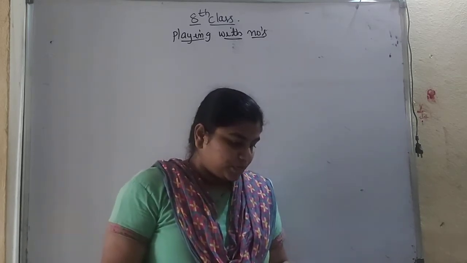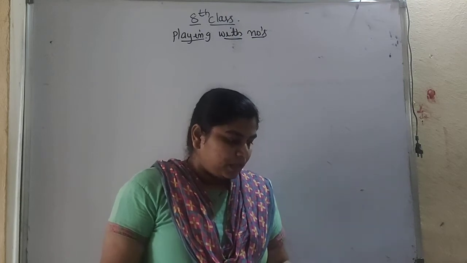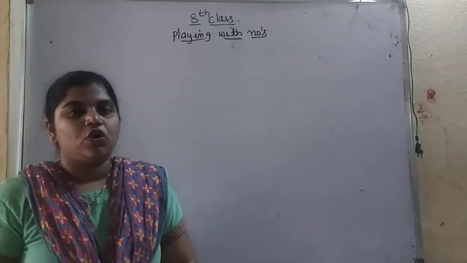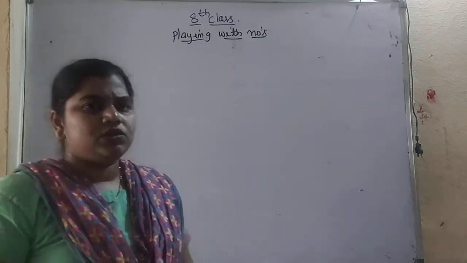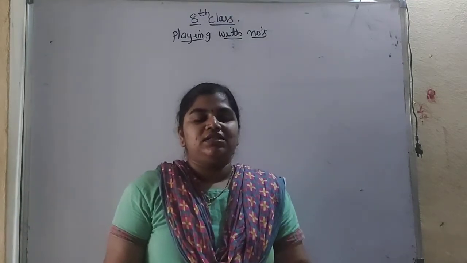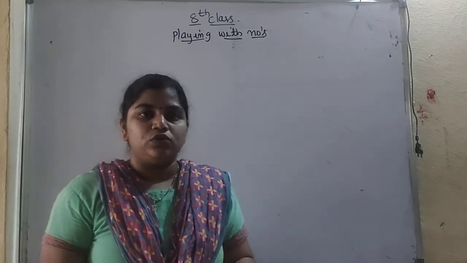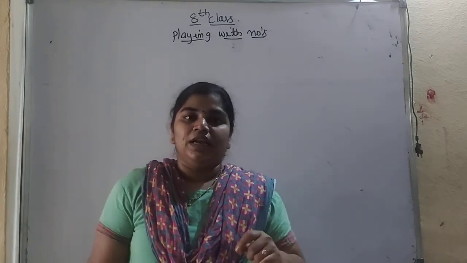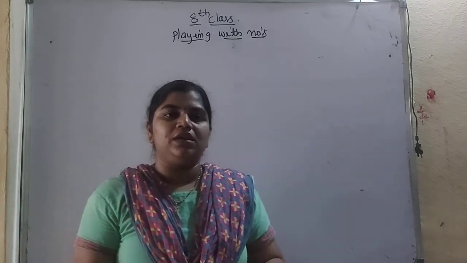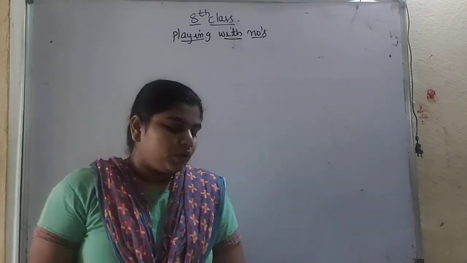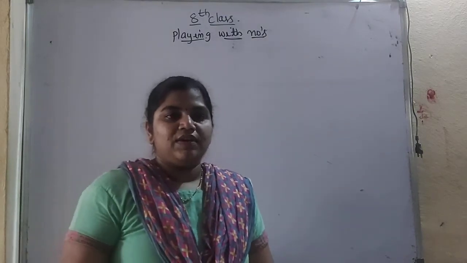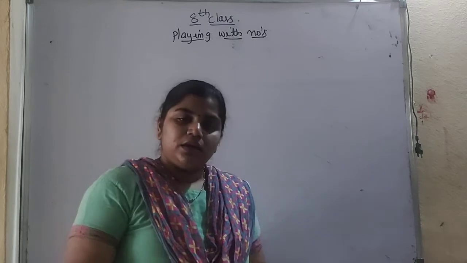That is the last chapter in our textbook, playing with numbers. In this we are going to discuss all the divisibility rules. In 6th class you have already learned what divisibility rules are. We have learned all the divisibility rules up till 11, except the 7th divisibility rule. Now again I am going to explain these divisibility rules till 11, so we will start this exercise again.